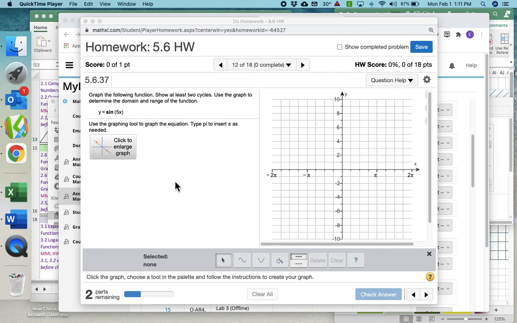I figured the easiest way to show you this was to make a video. So I'm not sure if this is the same problem that you had, but I've got y equals sine of